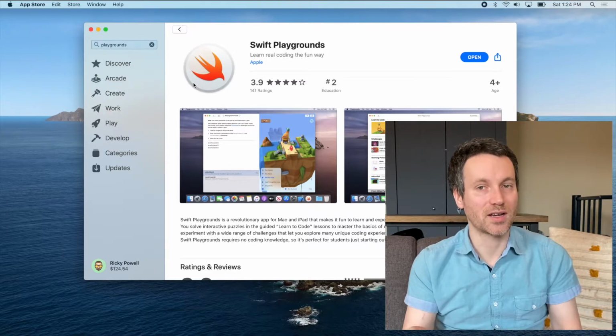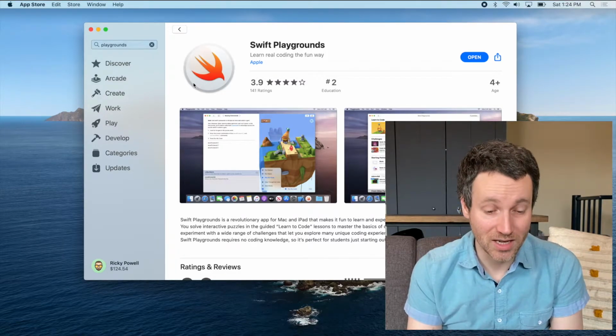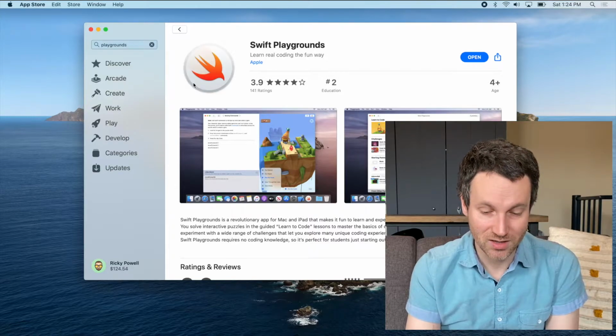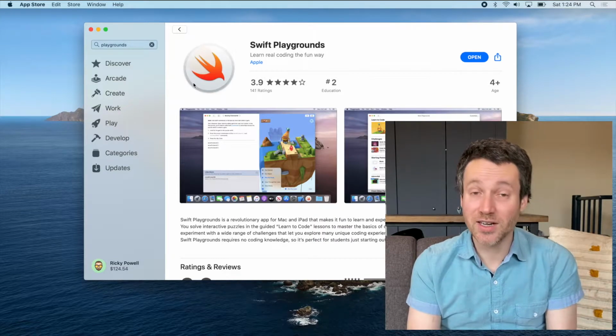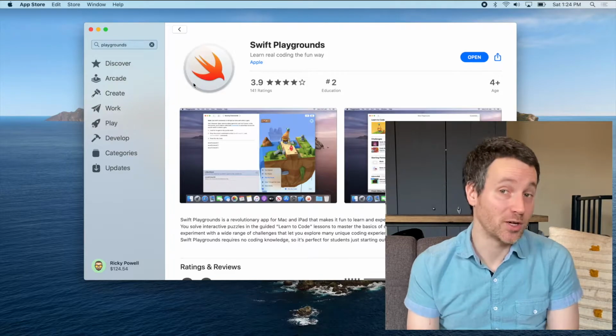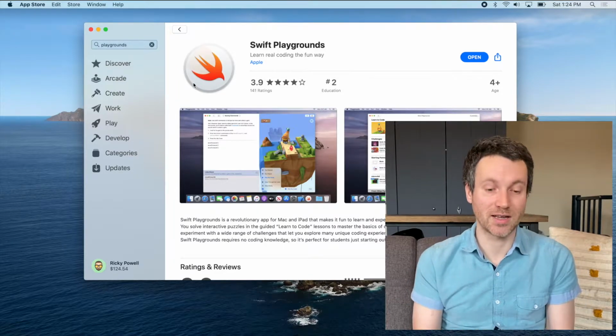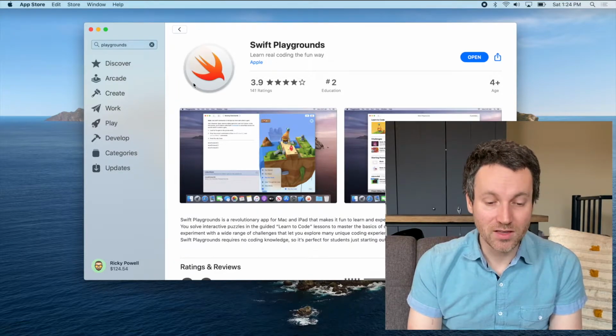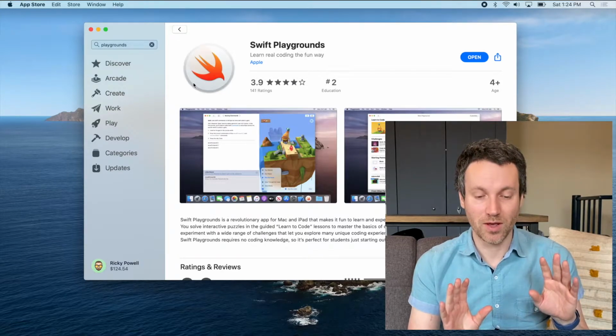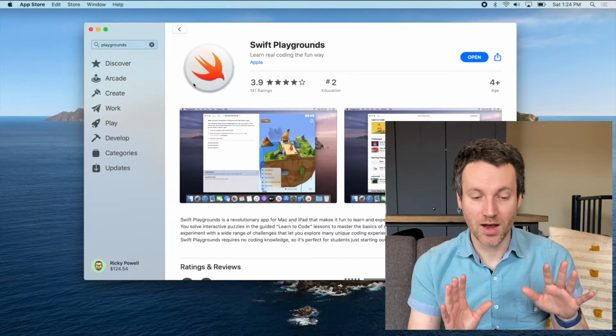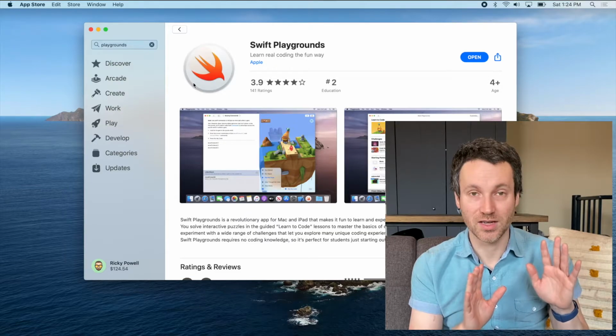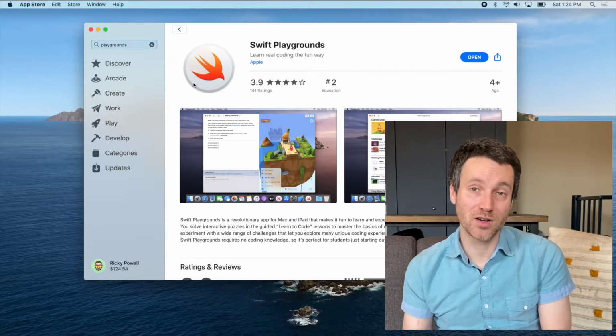So it might not catch your eye at the beginning when you look at some of the screenshots, but it is a great place to experiment and try new things. So that's what we're going to be looking at today. And the big difference that we have with developing UI or user interfaces in Swift Playgrounds versus Xcode is that